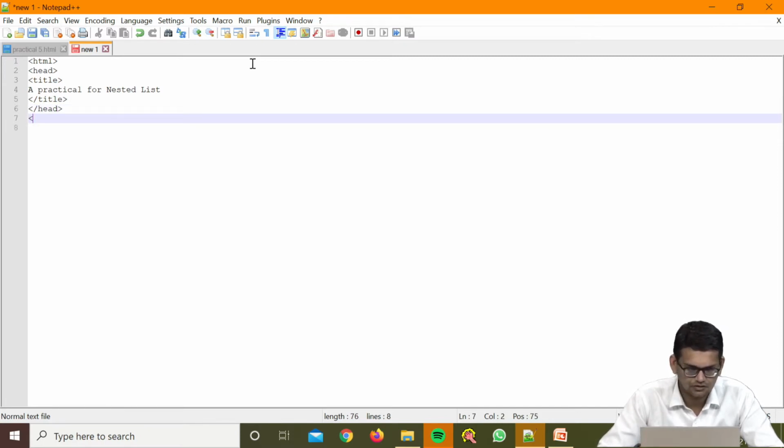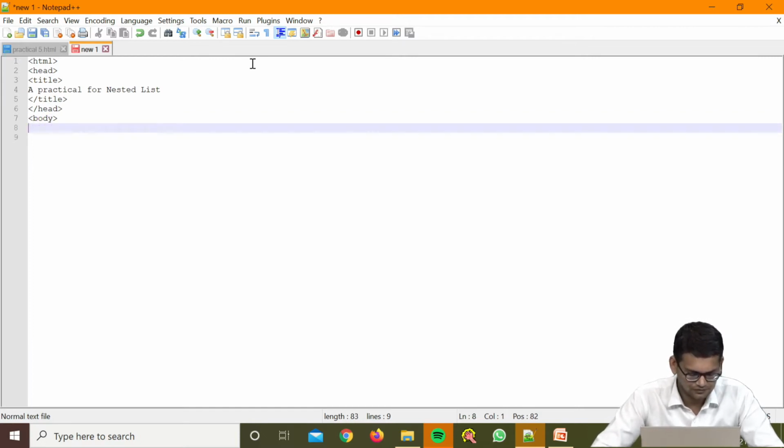Now, after this we are going to open the body of the HTML. Within the body we are going to write a heading and a paragraph. I am using a second level heading, starting with the tag H2. Within this we write: nested list example. Now we close this H2.